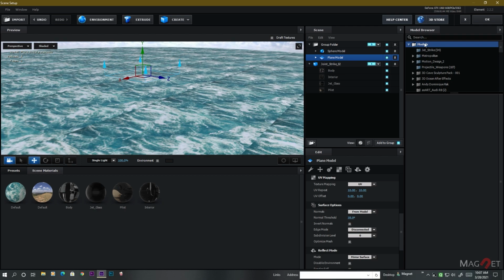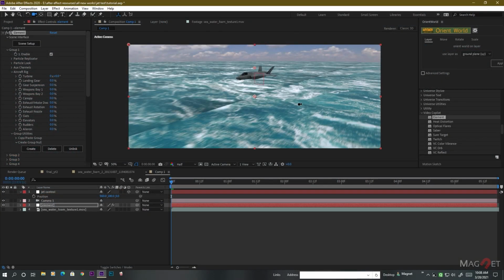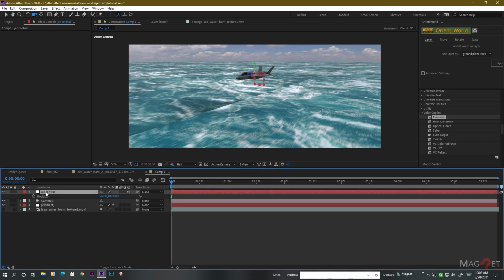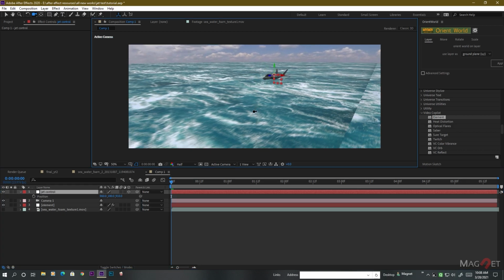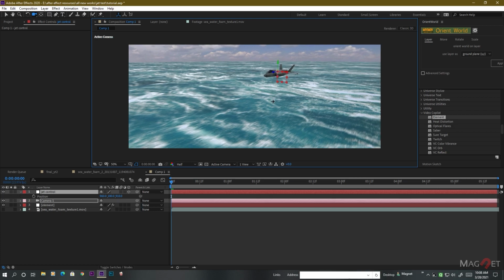Okay, so now hit OK. So that looks nice for now, and then we select the jet control layer and press P, and already we have the position value, so we don't have to press P, just change the position. So we can hide this line here. Okay,